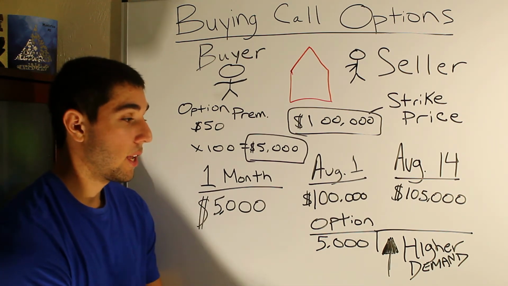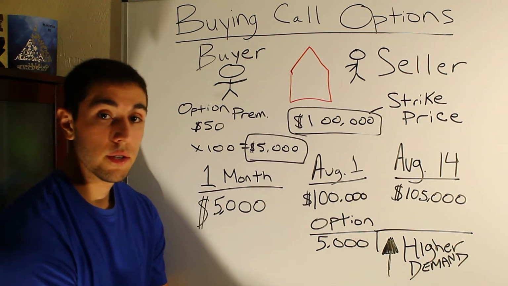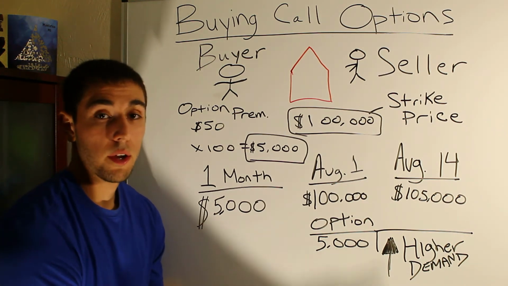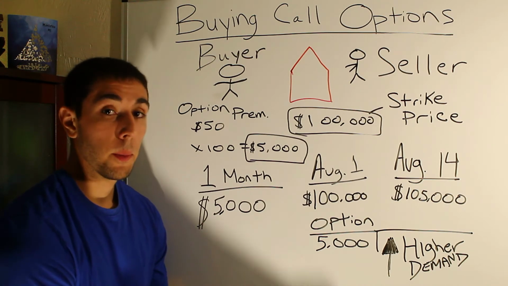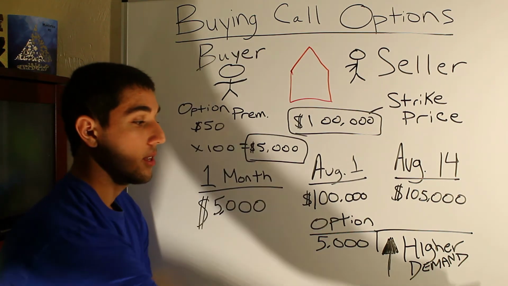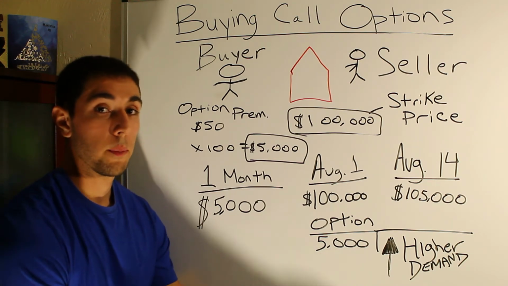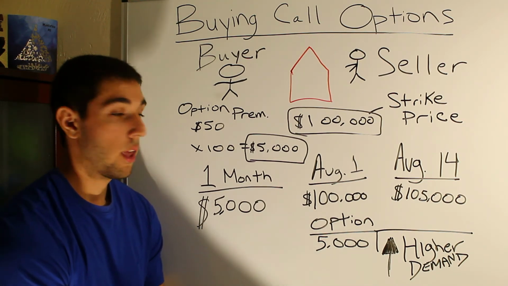But when it's August 14th, if it's already at $105,000, which is what your ideal break-even point is, because that went up in a quicker time than 1 month, and it went up that much in 2 weeks, because of that, there's going to be higher demand for your option. Other people are going to want it because they see that as a great deal and they're willing to pay